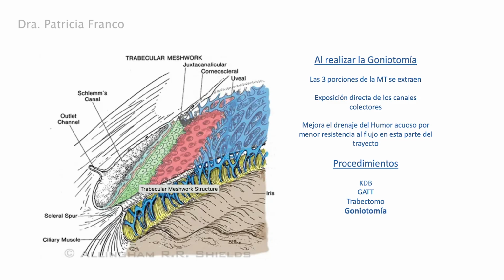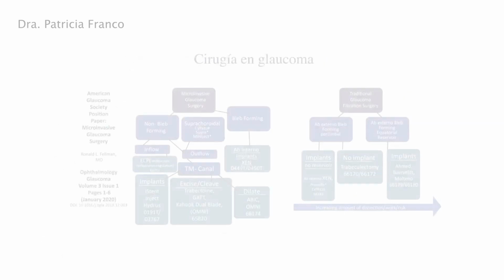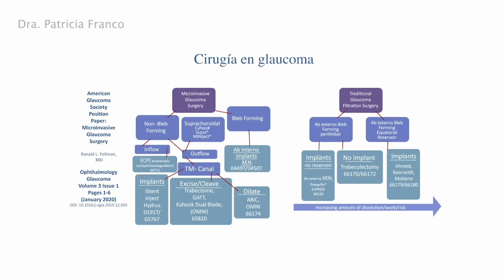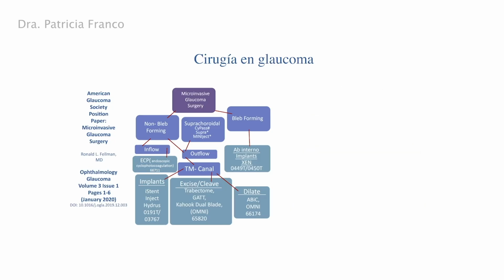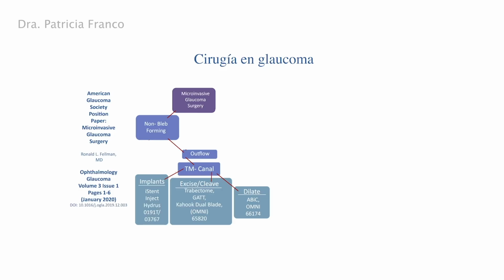Many procedures have been described, including KDB, GAT, trabectome, and goniotomy. In 2020, the American Glaucoma Society presented this diagram to explain the different approaches for glaucoma surgery. Take out traditional filtrating surgery, mixed bleb-forming implants, mixed inflow procedures like ECP, suprachoroidal mix, including this part, implants that